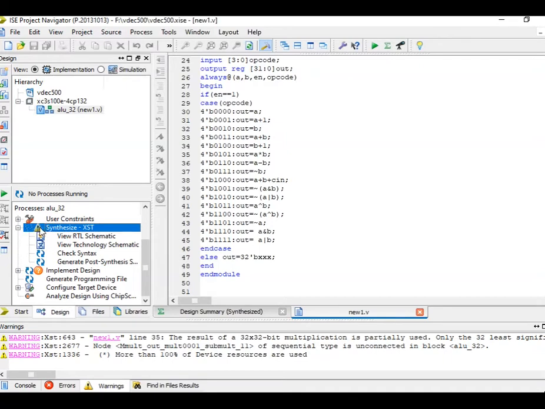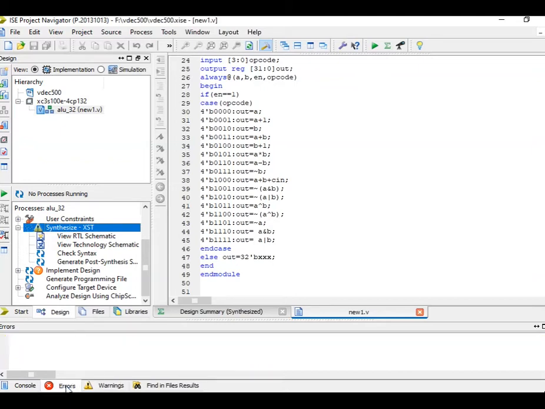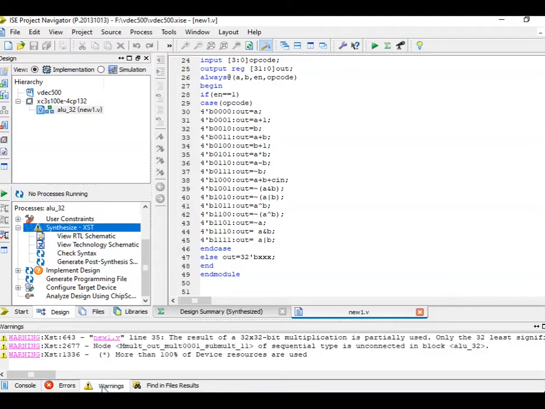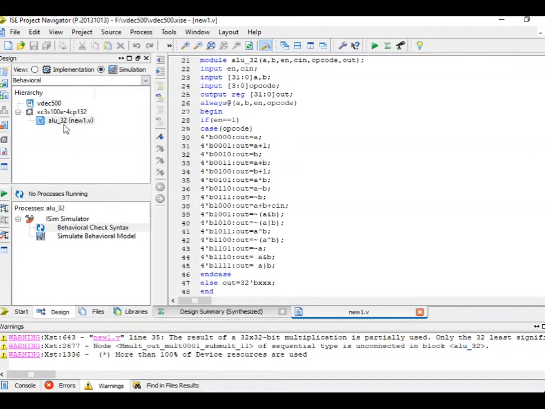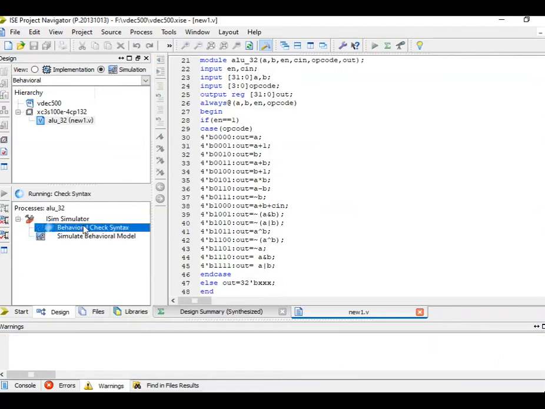So therefore you can observe for this you don't get a green indication because this is already taking more than the required resources from the program. Okay, and there are no errors in the program, there are only warnings, so therefore you don't get a green indication. So that is absolutely fine, no problem with this. Okay, then we'll go for the simulation also. So going for simulation, double click here and go for the behavioral check syntax. As you can see, the behavioral check syntax is working correctly because the program syntax is correct, and therefore we don't have any worries, and we can directly go for the simulation part of this.